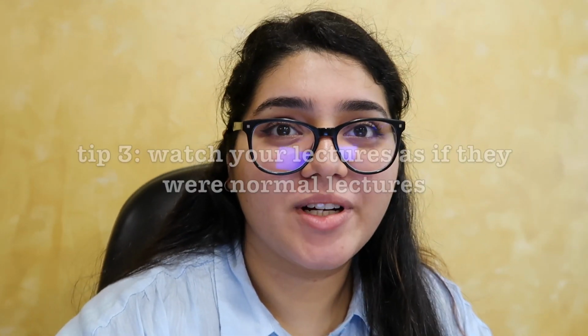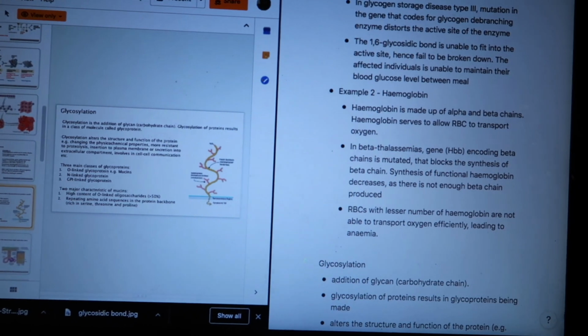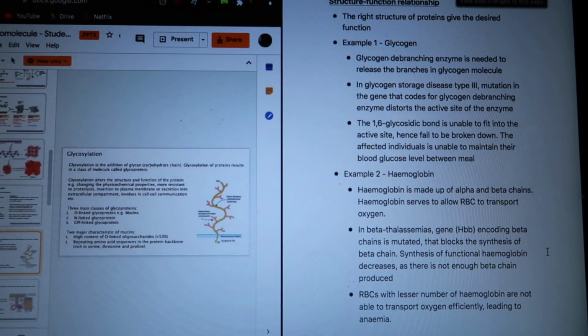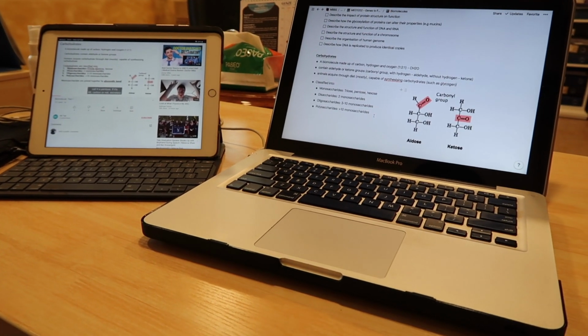Coming back here to say another tip for online learning: treat your pre-recorded lectures as actual lectures. This was actually suggested by an ex-lecturer of mine. So basically what I've just done is I went through the lecture slides as if I was going to this physical lecture and made some pre-reading notes. So whatever was written on the slide is already in my notes, and now I'm going to watch the recording without pausing it, as if it was a real lecture,